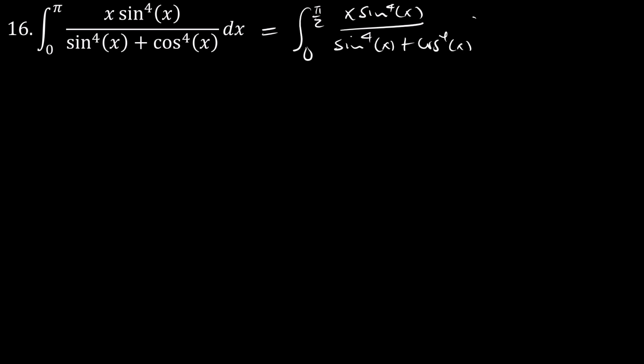The first step for us is to split this integral into two separate domains. That's from x equals 0 to x equals pi over 2, and then from pi over 2 to pi. And this is how we do it. So first, from 0 to pi over 2, we have x sine 4x over sine cosine, and then from pi over 2 to pi over